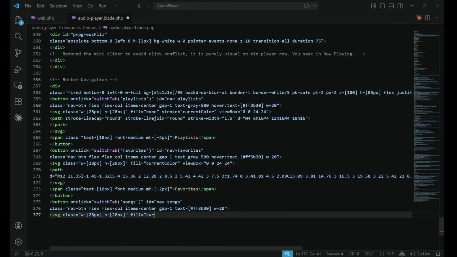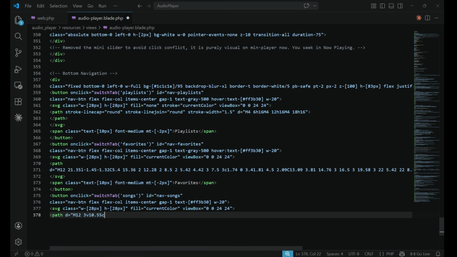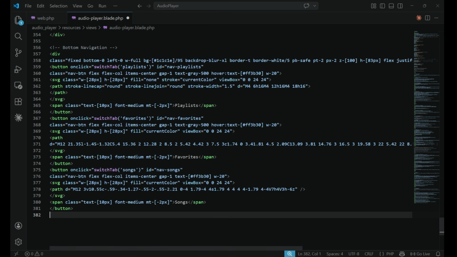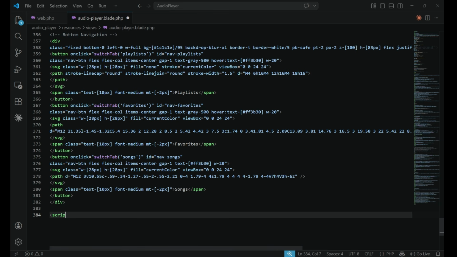and then just simple add the SVG path, and then just simple define here the span and pass in it the songs and then close the button, close the div, and then here I just will